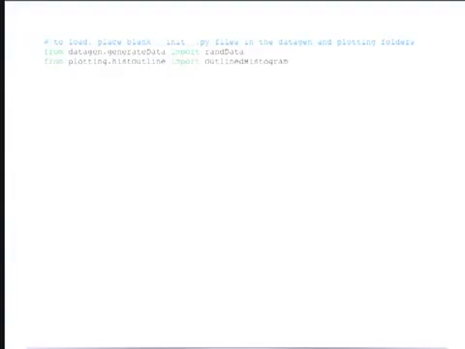Okay, so here's the code that I did to achieve this. I placed those blank __init__.py files in the datagen and plotting folders, and then I import the function randata from the datagen.generateData module, and then import the outlined histogram from the plotting.histOutline module. So now I have those tools at my disposal from those different folders. Everything is communicating nicely. I also import the regular histogram, import argparse, import pylab for plotting purposes, and set up my parser,